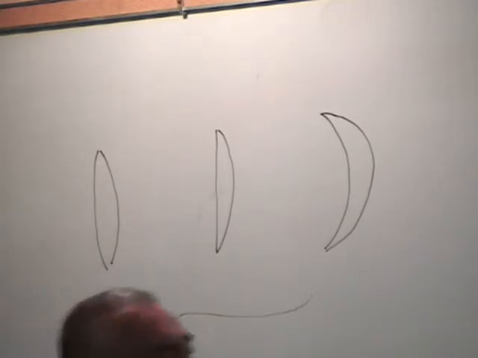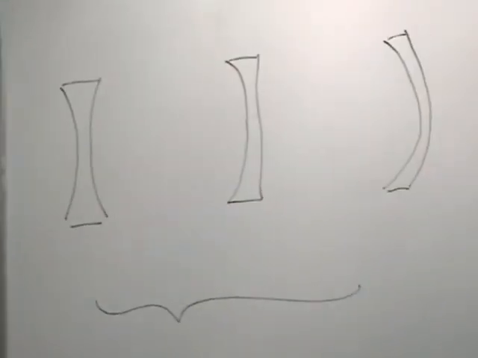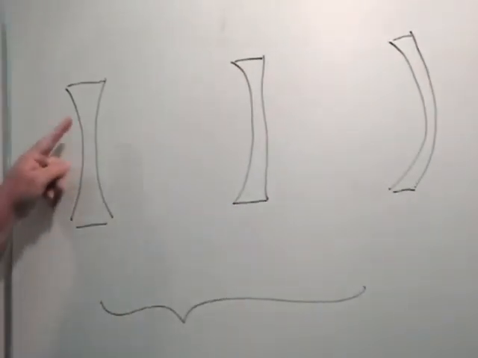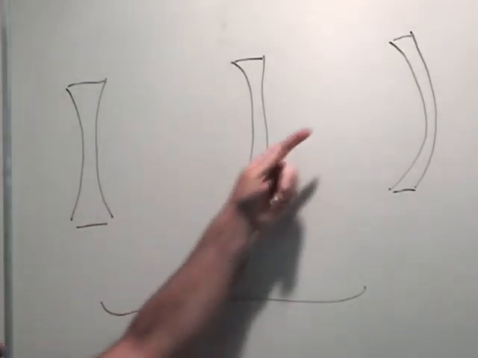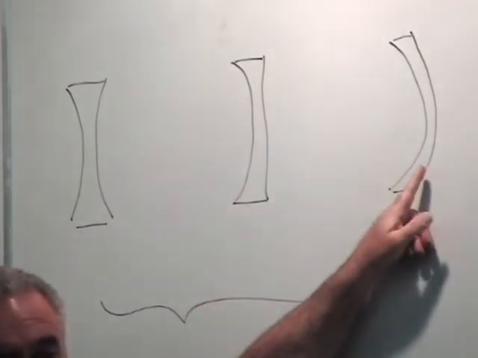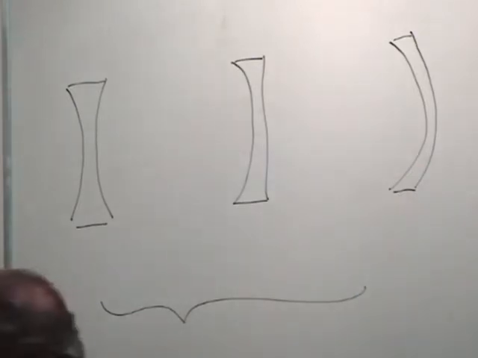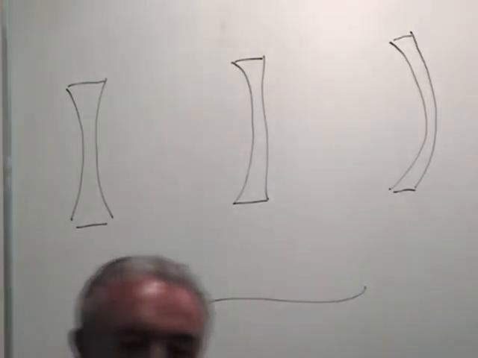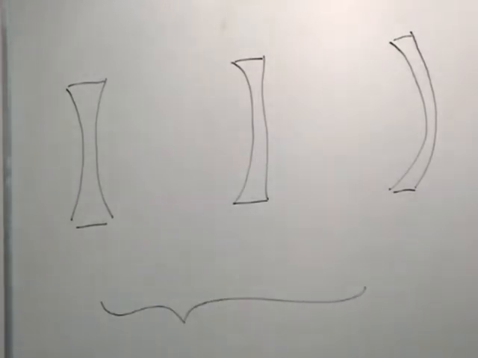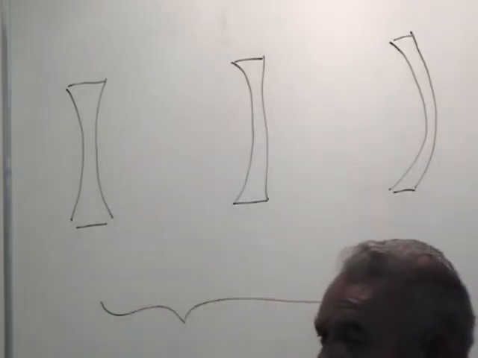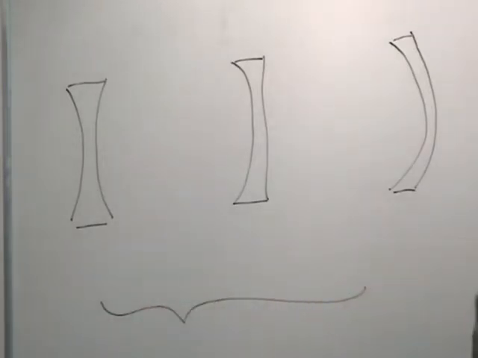The next thing I'd like to talk about is negative focal length lenses. They are either doubly concave lenses or plano-concave lenses, or a concave convex lens, not really well drawn here. Those all give you negative focal length lenses. By just scanning those two sets of pictures, can anybody summarize a really easy way of determining the difference between a converging lens, positive focal length, or a diverging lens, negative focal length? What's the easy way to say the difference?